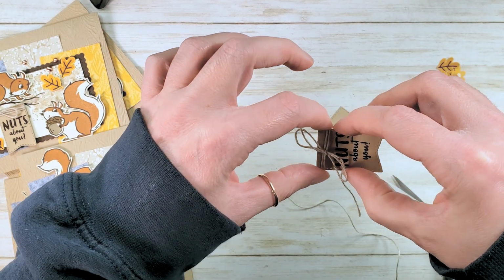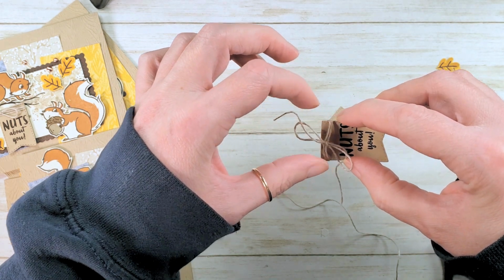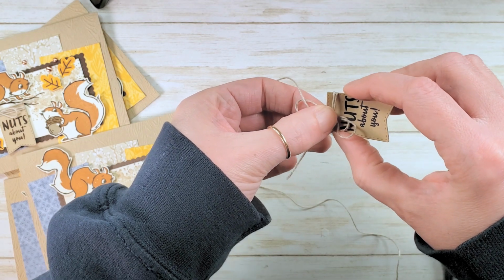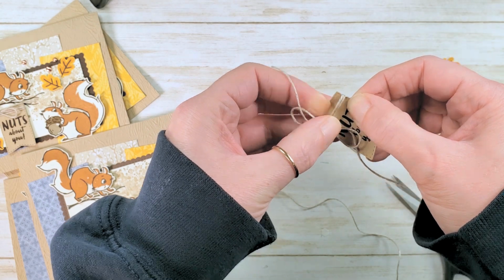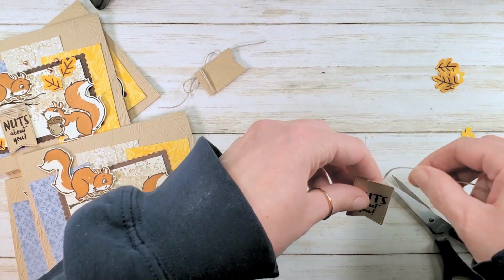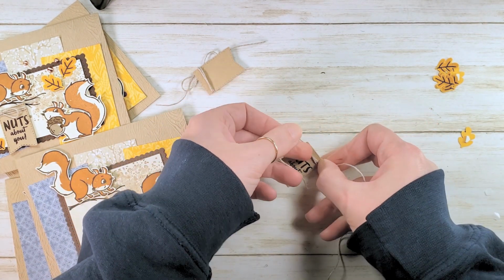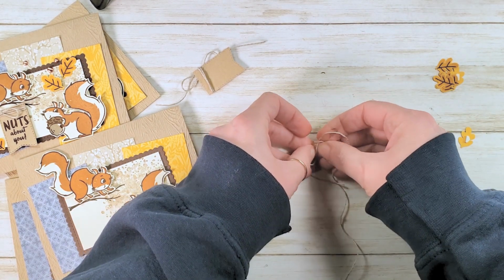If you find that your bow is too far in center, just gently cup the banner, and then you can pull the twine so that it slides to the side. There we go. Cute. Let's repeat. If it helps you with your dexterity and you want to tie this into a knot, so over, under,